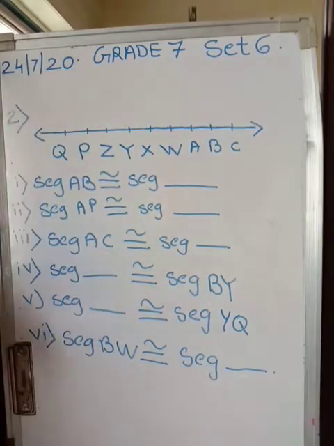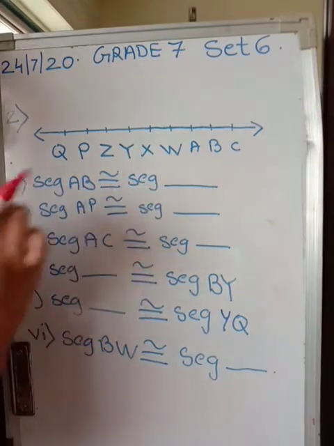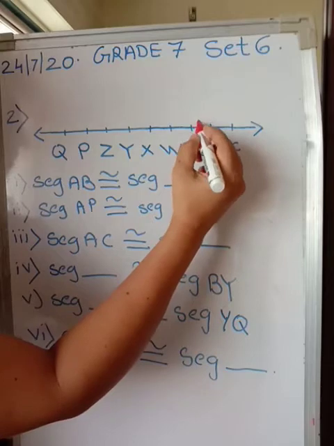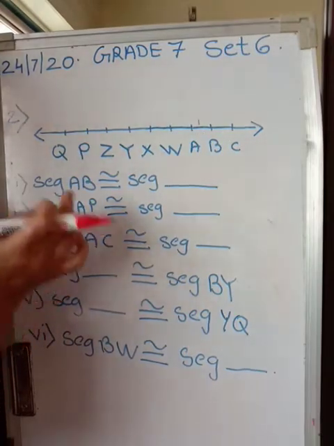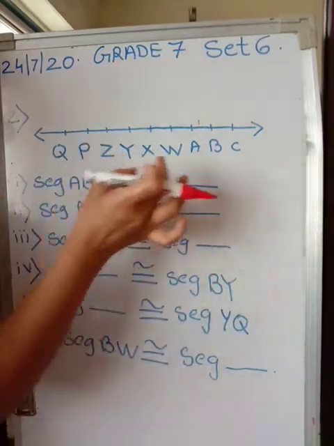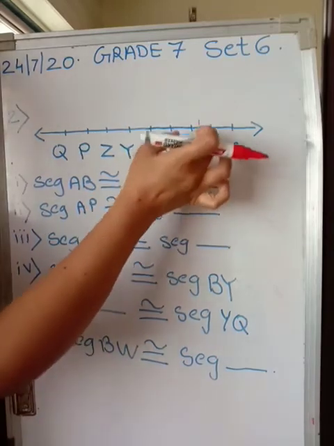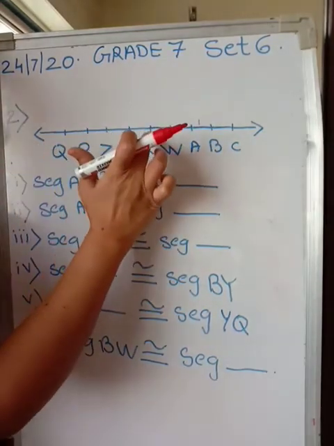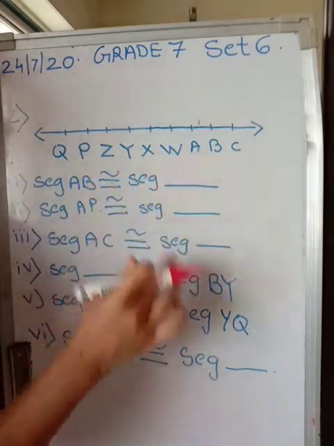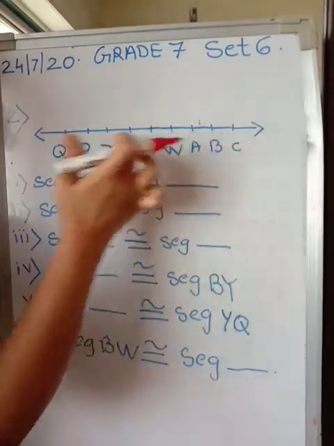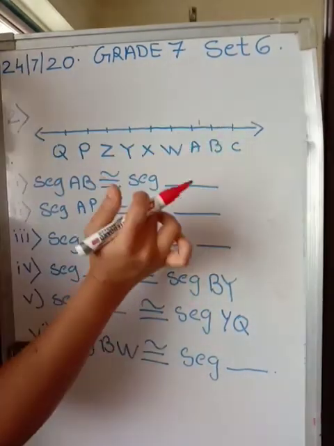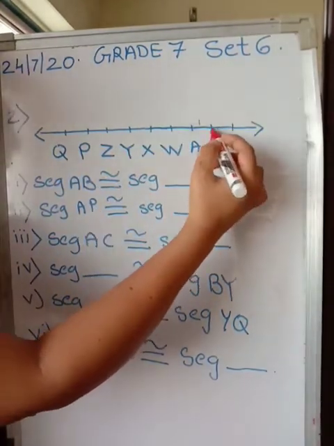Now we have to decide segment AB is congruent to which segment. Now see, AB, that means what is the distance between A and B? It is 1 unit, isn't it? So you can write any answer or any segment whose length is 1 unit. It can be segment QP, it can be segment YZ. So this can have as many answers as possible looking at this diagram, because the distance should be 1 unit. Distance is 1 unit between B and C also.